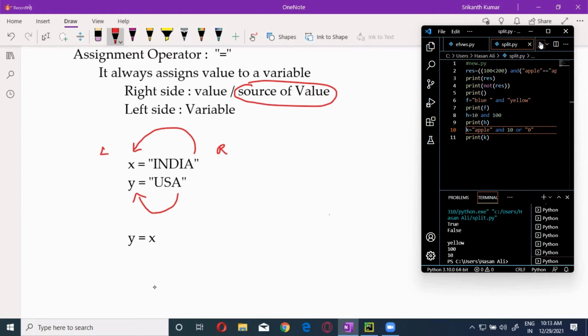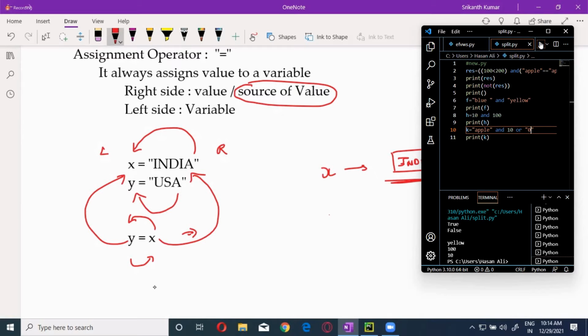From x to y. Now y will be pointing to India, and x is also pointing to India, because both variables have the same value. So both will point to the same memory location. That is a very fundamental property: if both variables have the same value, they point to the same memory location, India here. Okay, clear?